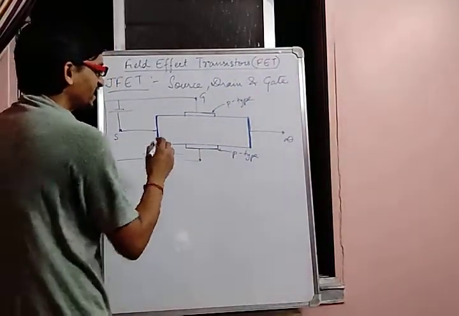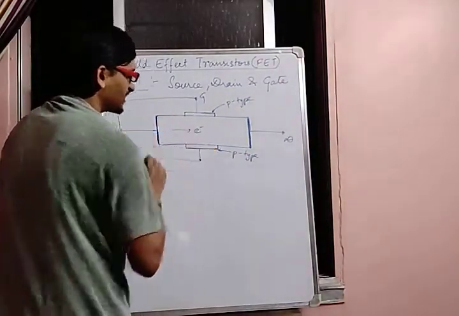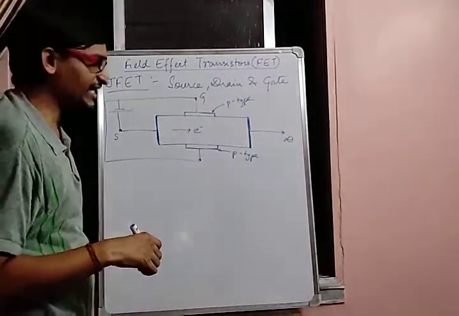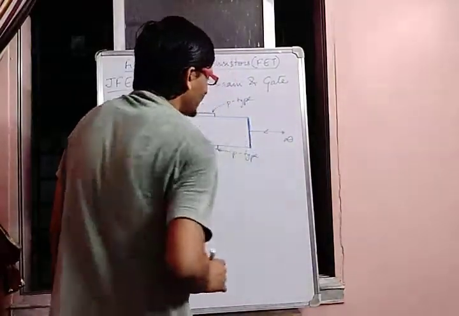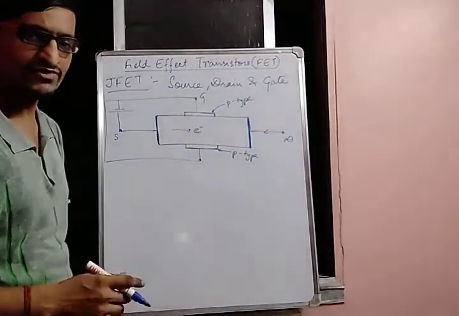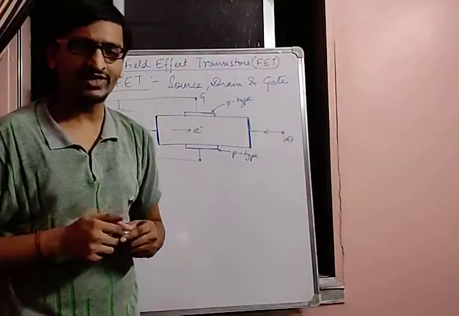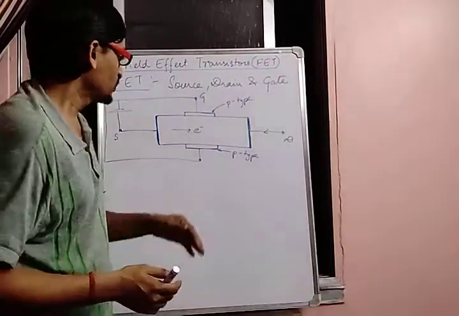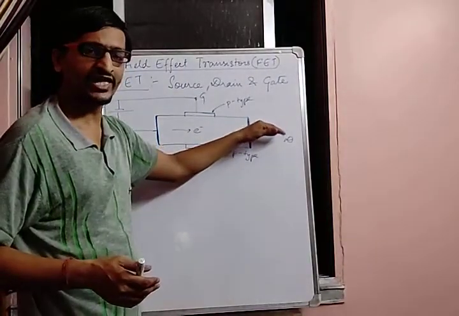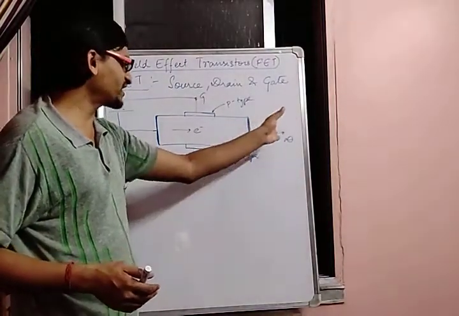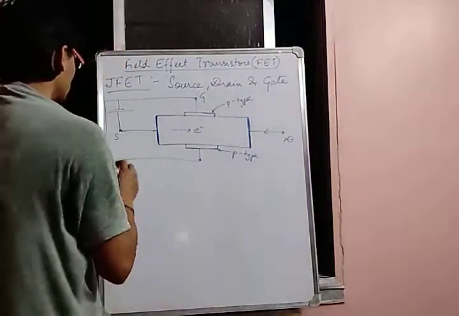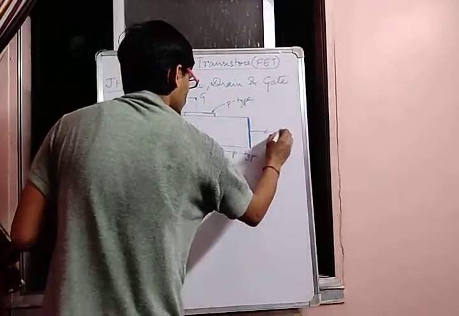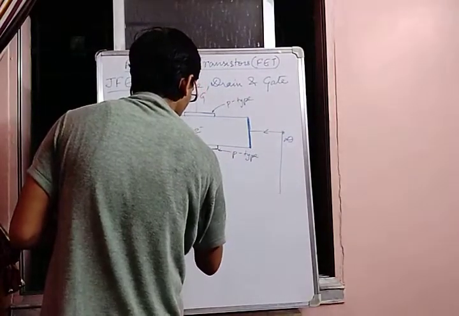So as a result, your electrons are flowing in this direction. Since electrons are flowing in this direction, the conventional direction of the current will be opposite to that of the flow of the electrons. We have already discussed that the direction of the conventional current is opposite to the direction of the flow of electrons. So since electrons are flowing from source to drain, it's quite obvious that current will flow from drain to source. So if I apply a voltage across this drain to source, then how will be its polarity?